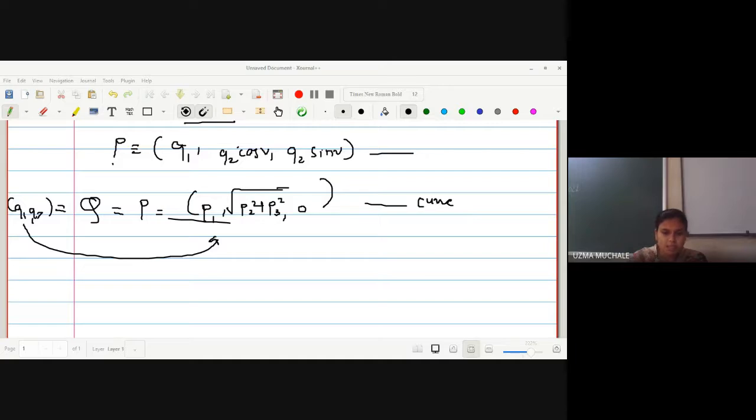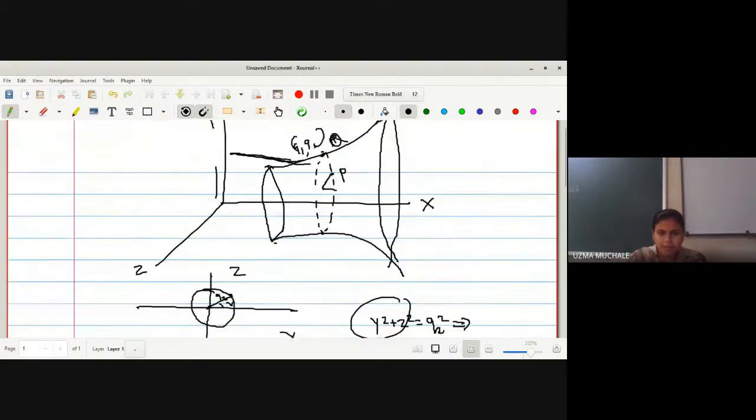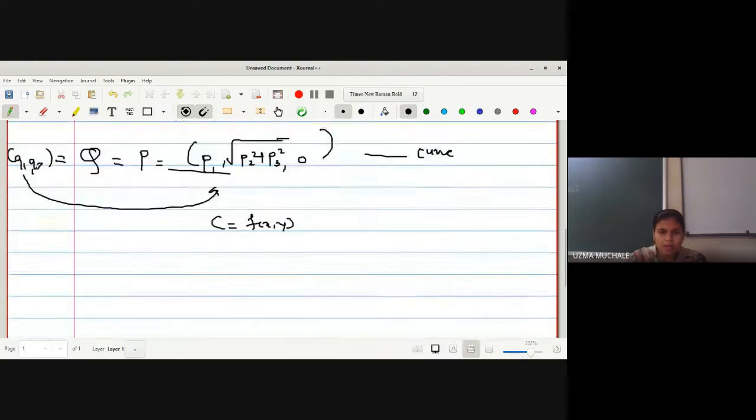Okay, now after finding this resemblance, we know that a curve is in the xy plane, so we can say that c is equal to f of xy, a curve in the xy plane. Now this is our profile curve, and we have to revolve this profile curve about which axis? We have revolved it about the x-axis, right? This profile curve we have revolved about the x-axis. Now whatever object we are getting is now in 3D space.